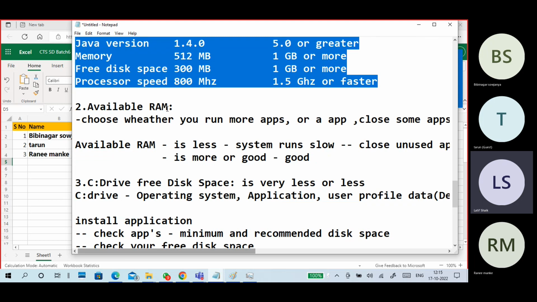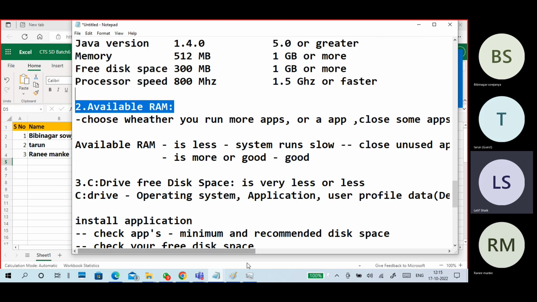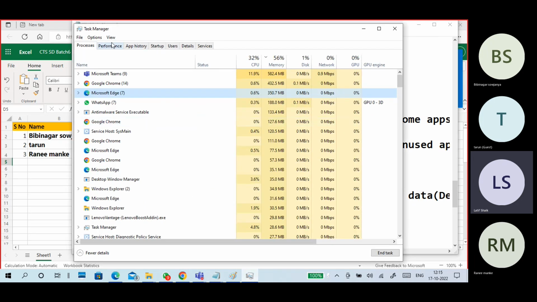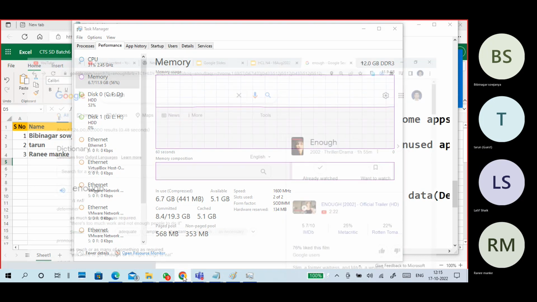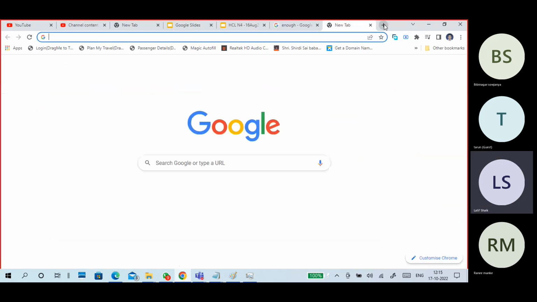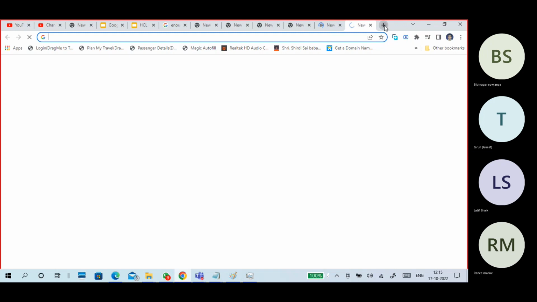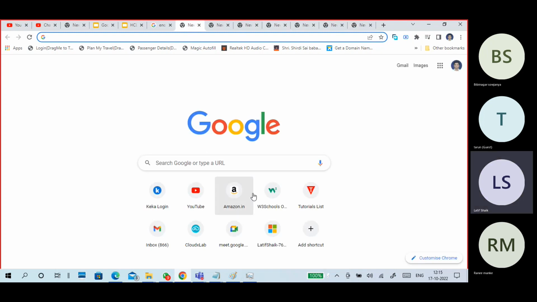Okay. Next, why you should know the availability of RAM. If you know how much RAM is available, based on that we can run the application, or close the background applications or additional applications. It is 5.1 GB. If I open more tabs like this, with different things like this,